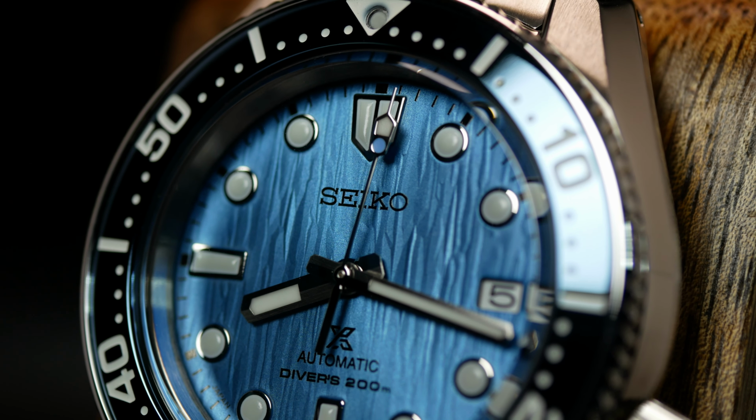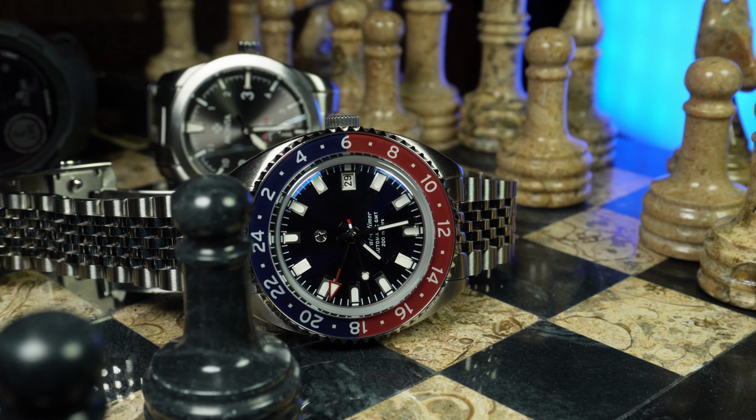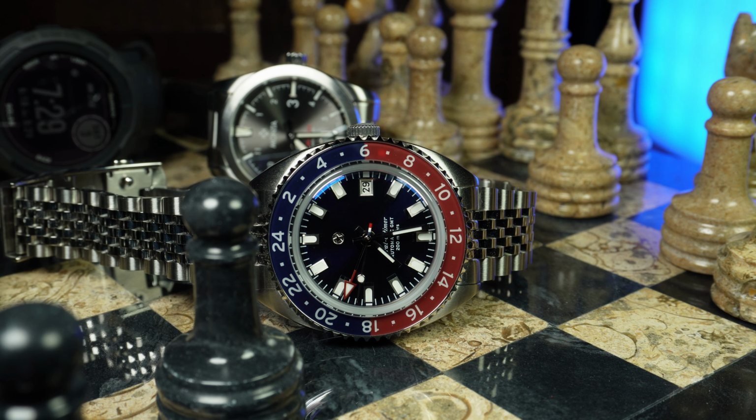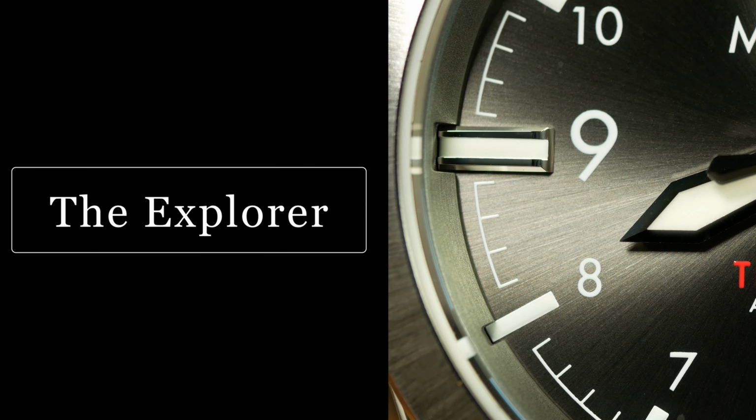However, if I'm concerned about having too nice a watch with me, I might just pick one of my Orients. And bonus points here if it's a more elegant looking diver. But the key thing to remember here is to have something more casual, as the next watch covers the more dressy situations. And this is what I like to call the Explorer category, even though I don't actually have an